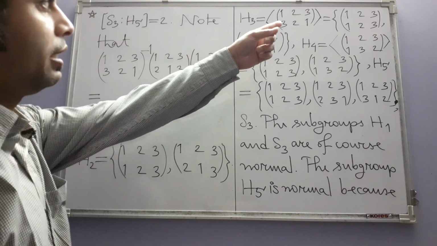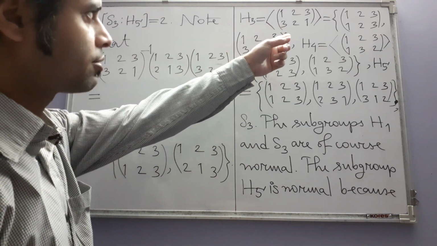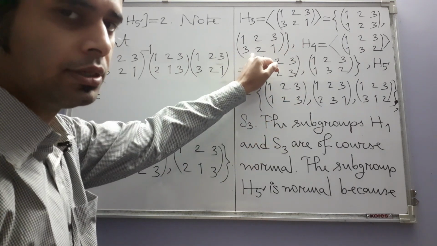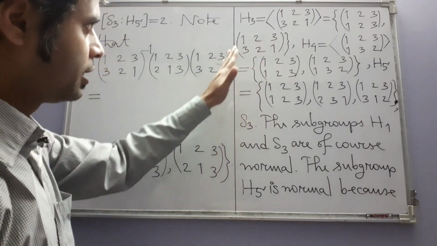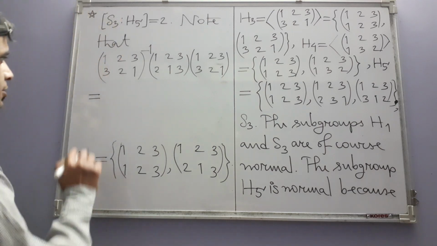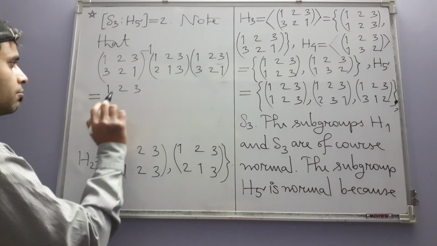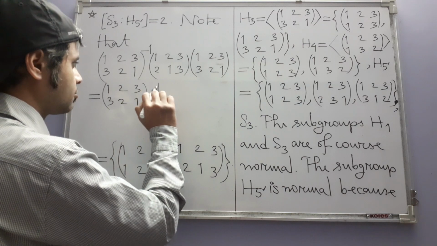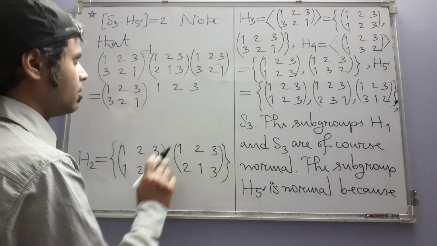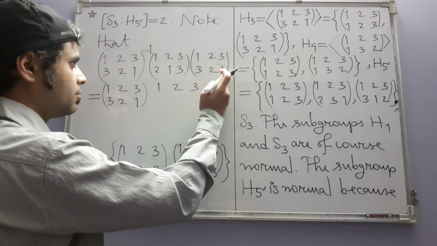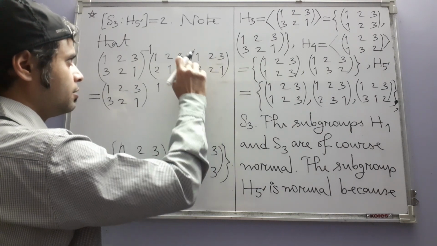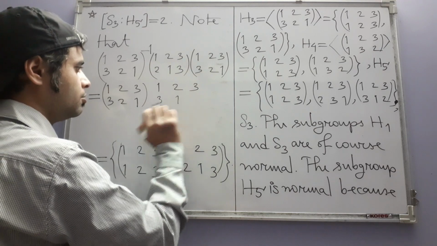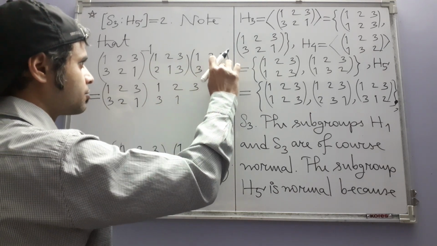Because this is a generator of H3, we already know that this is an element in S3 whose own order in S3 is 2. In other words, the element is its own inverse. So that's why we just simply have the same element. Now let's calculate this product. Carefully recall that the calculation starts from the right side. 1 goes to 3, 3 goes to 3, so 1 goes to 3. 2 to 2, 2 to 1, so 2 to 1, so this one will be 2, but still let's see, 3 to 1, 1 to 2,